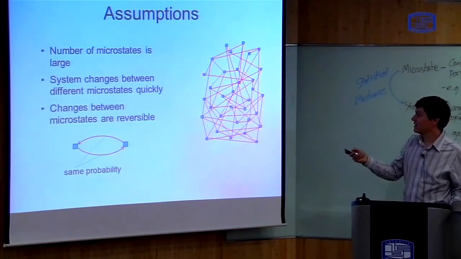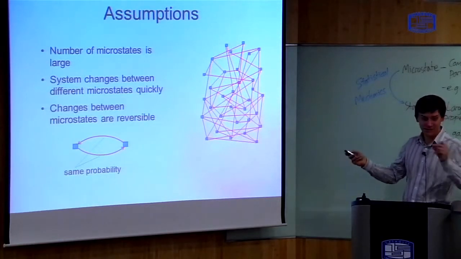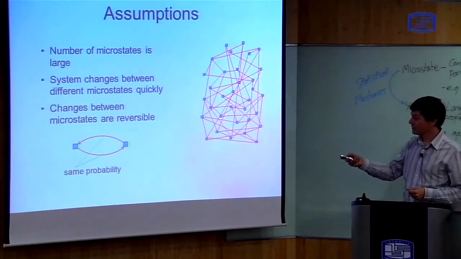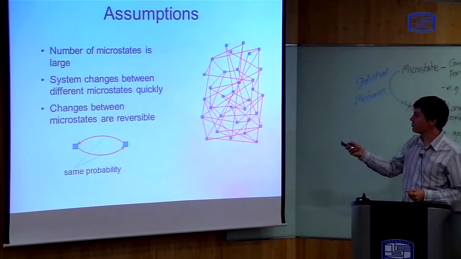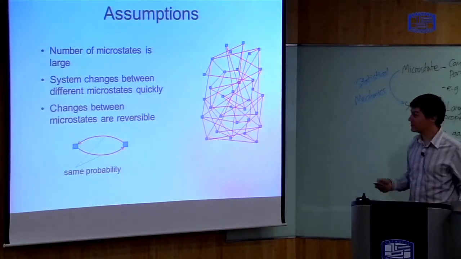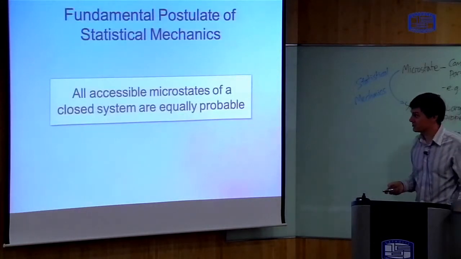So I start out here, then I start to scatter, and I scatter all around this network, and then I suddenly shout, stop, and we see where we arrive. Then, if these conditions are true, I have equal probability of being anywhere within this network. Now, this result is known as the fundamental postulate of statistical mechanics,